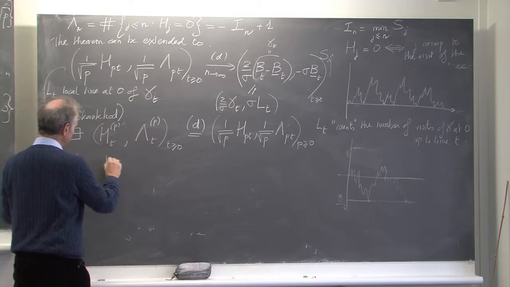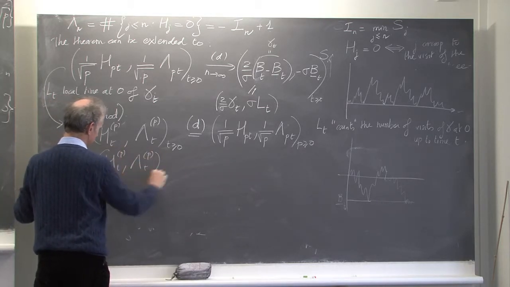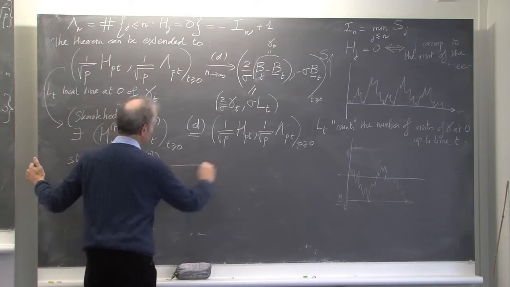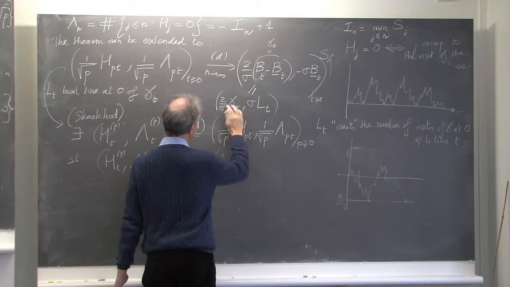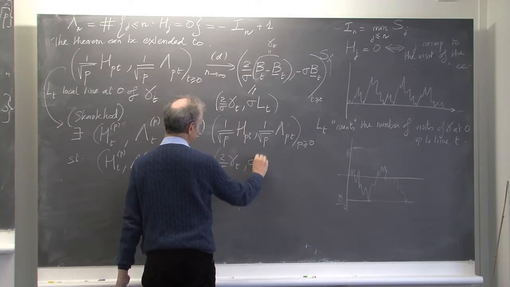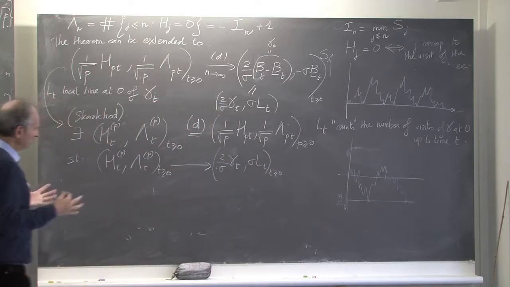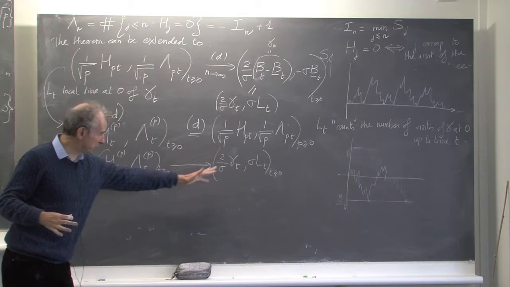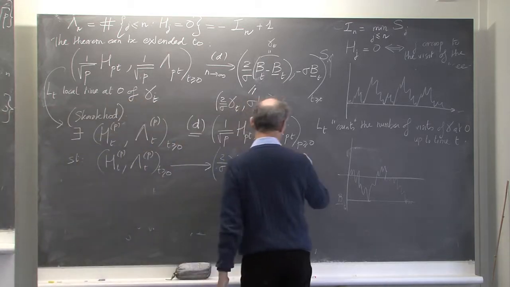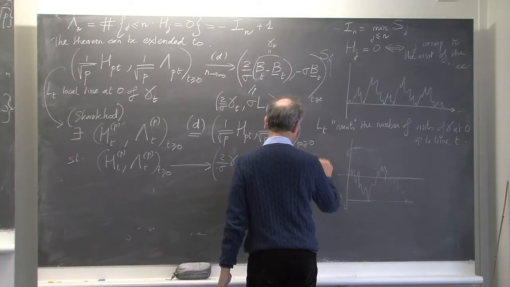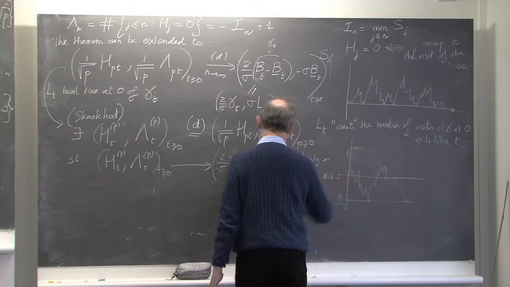Such that now, the limit is still the same. If you want, I write it in the same way. Maybe it's better to write it this way: 2 over sigma gamma t, sigma l t. This will be almost sure, and it's a convergence of random continuous functions, so it's uniformly on every compact, and almost surely.